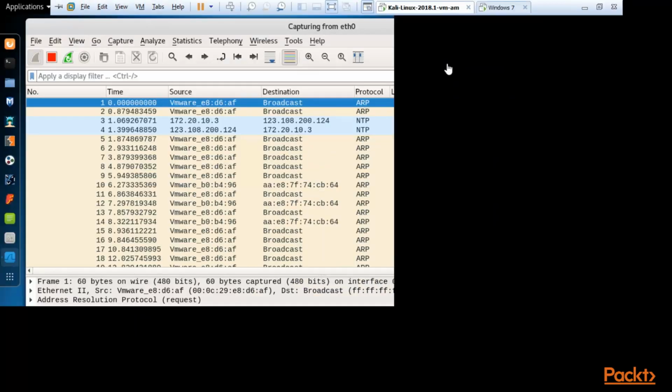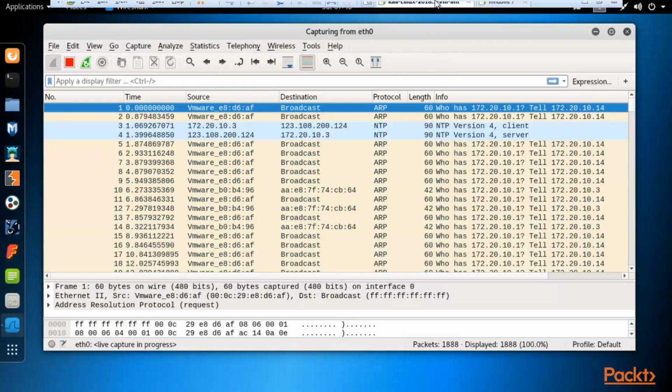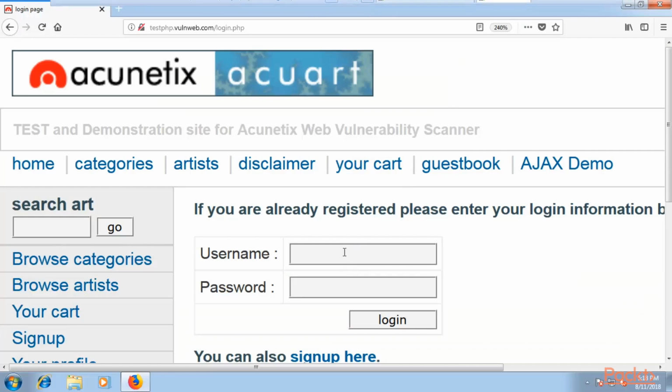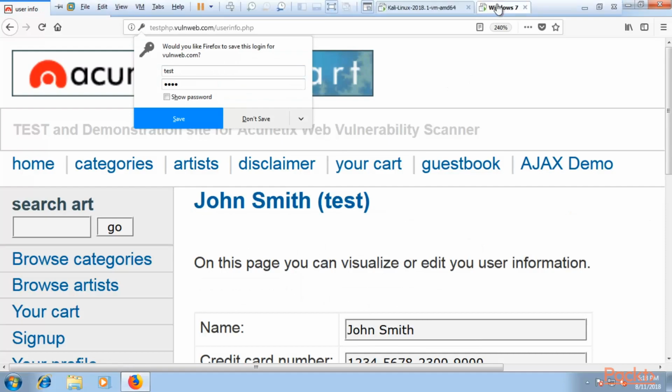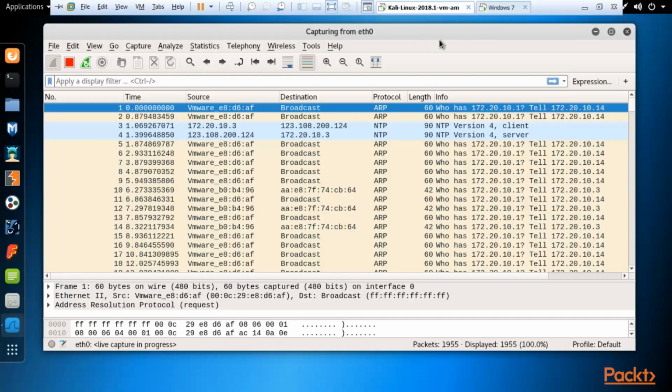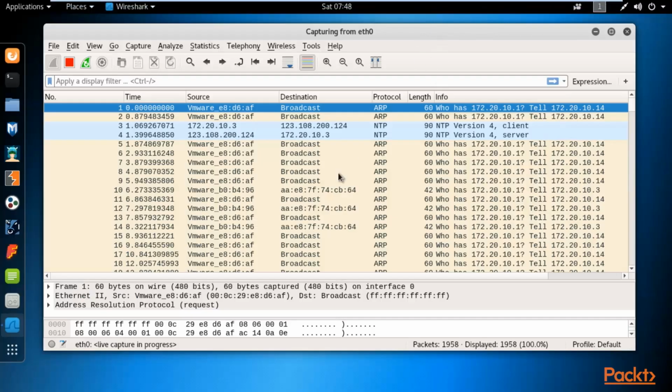How Wireshark can capture that data, that I'm going to show you. So do one thing, type something here as a victim. For example, the username is test and the password is also test. Alright, click login. Okay. Now go back to the Kali Linux operating system, and I hope Wireshark has already captured the login credentials, so I need to stop the sniffing process, right? You can click on this red button to stop sniffing. So let me click on it.